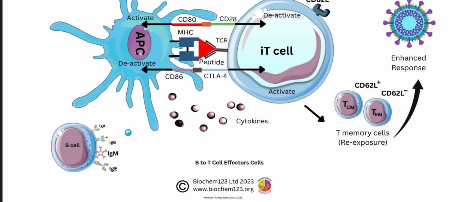APC interacting with the T cell via MHC peptide complexes and co-stimulatory molecules like CD80 and CD28. It also highlights the role of cytokines in signaling and the eventual production of T memory cells like TCM and TEM following an immune response. So this infographic produced by Biochem 123 in 2023 specifically maps these interactions in the context of the SARS-CoV-2 virus